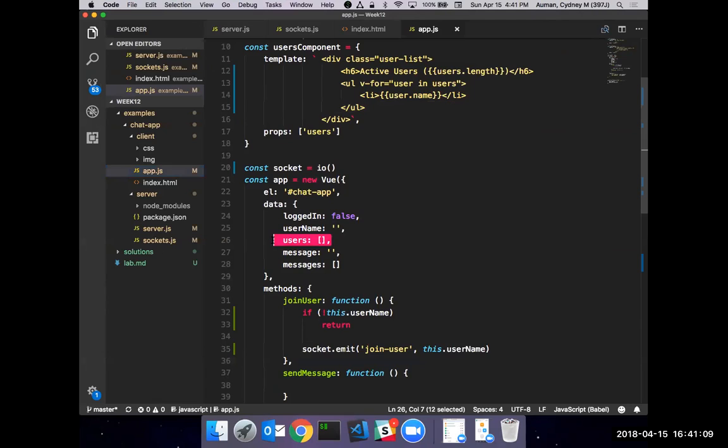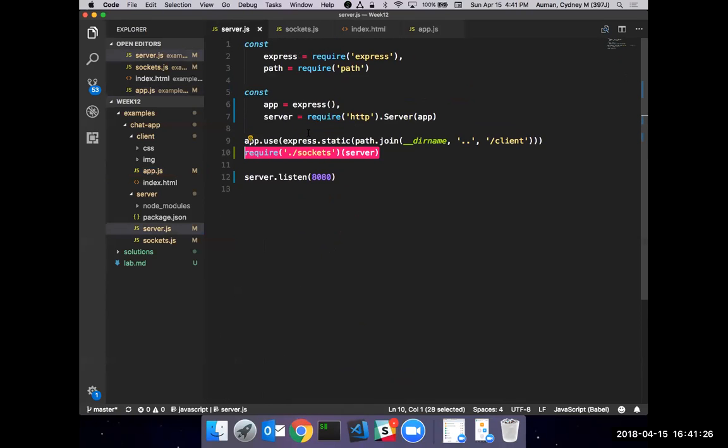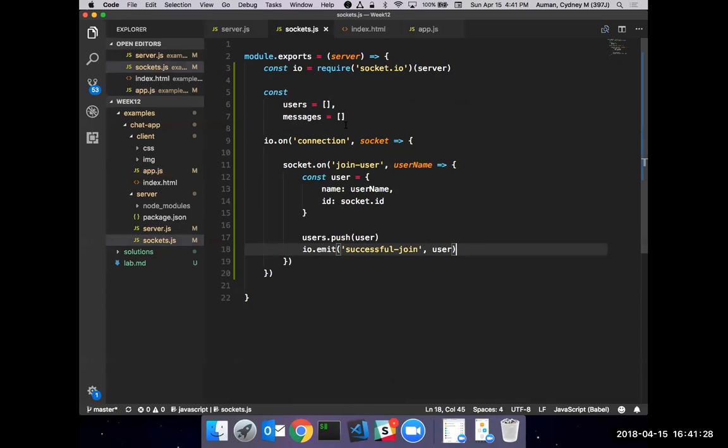So we need to make sure that when these tabs connect to the server, the server is responsible for all the users. The server says, oh, I see you have a connection, and this is a new connection. Let me go ahead and give you all the users I know about. So we're going to create that event in the sockets file in the server. It's actually pretty straightforward. So this is going to be our join user.